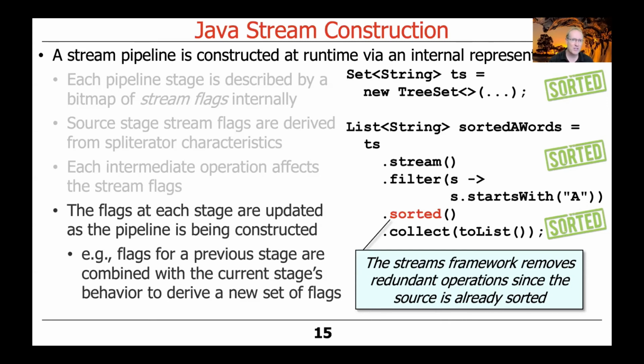And then if somebody was accidentally to put sorted in there as an intermediate operation, the streams framework would go, aha, there's no need to do sorting because there's no way that this stream is not already sorted by the time it gets to that operation. So it could go ahead and optimize away the call to the sorted intermediate operation very cleanly and very cleverly and optimally in order to be able to get a shorter amount of processing because it knows something semantically about the elements in the stream